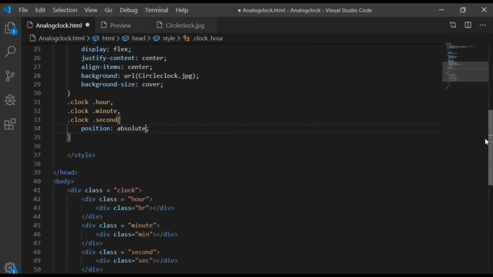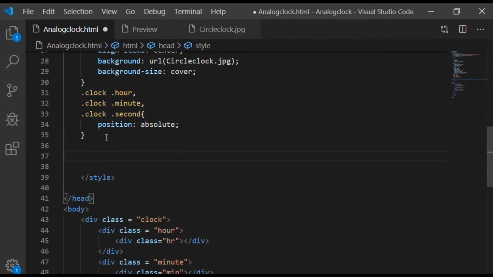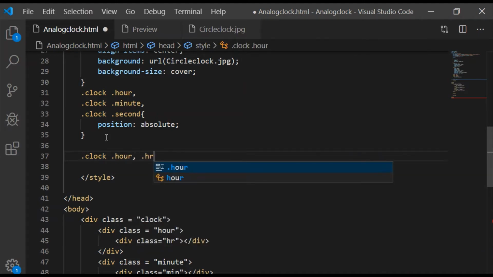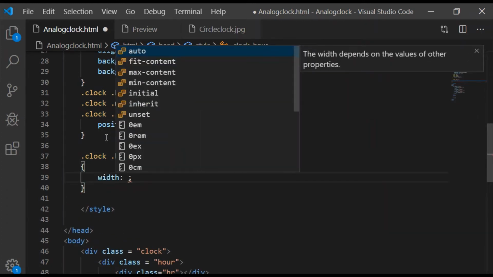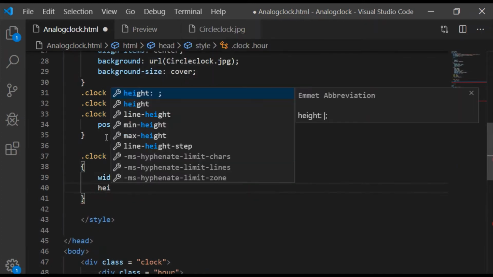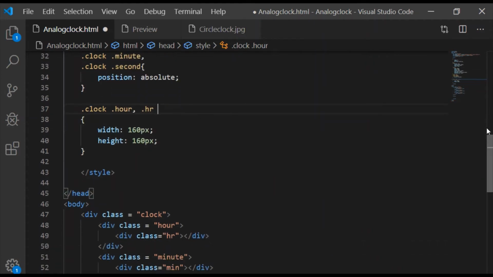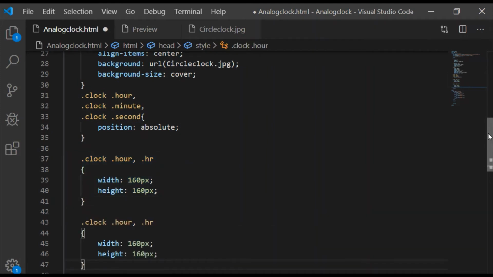Now individually for the movable component hour, which is positioned within the hour and the clock, we will define the properties as a width of 160 pixels and a height of 160 pixels. So this is the area at the center where the hour hand shall be moved in circular motion.